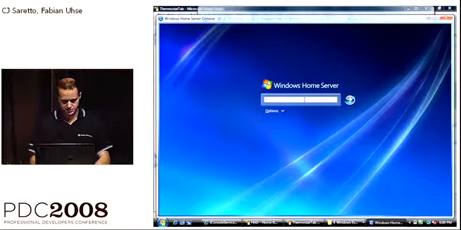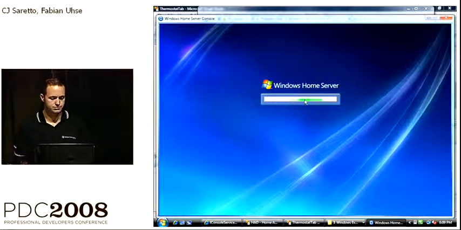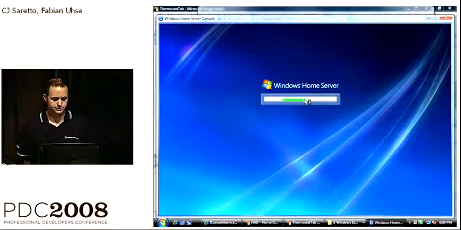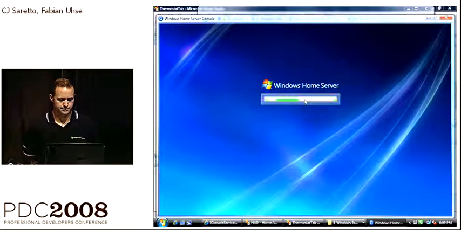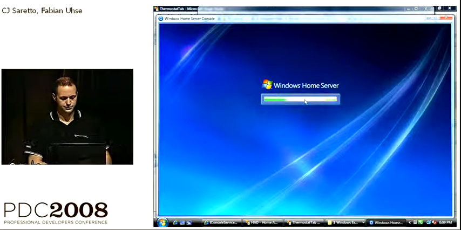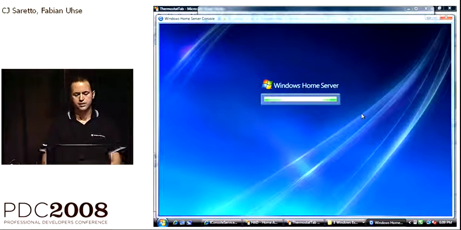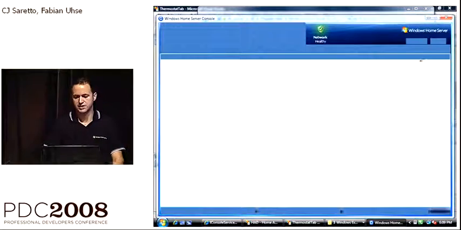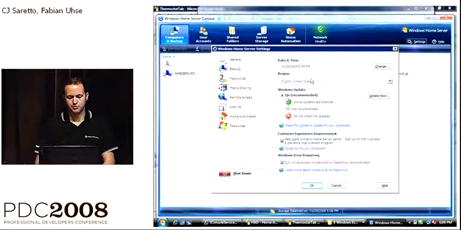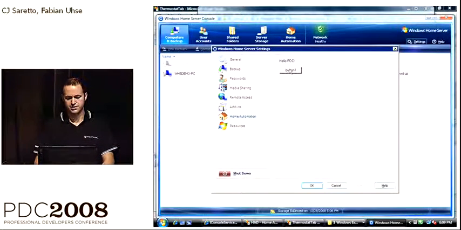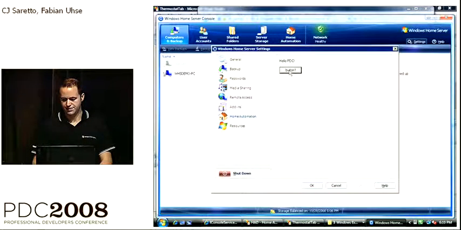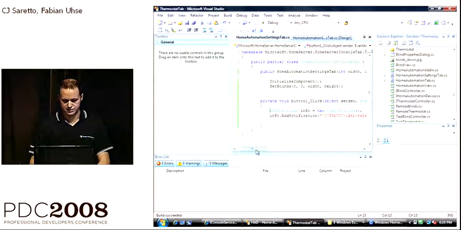We'll relaunch the console by typing the administration password for the server. And in just a moment, you'll be able to see that from the settings tab that we've created, we can send a notification. And that notification should be visible to every device inside of the home network. Unfortunately, that doesn't seem to be happening.